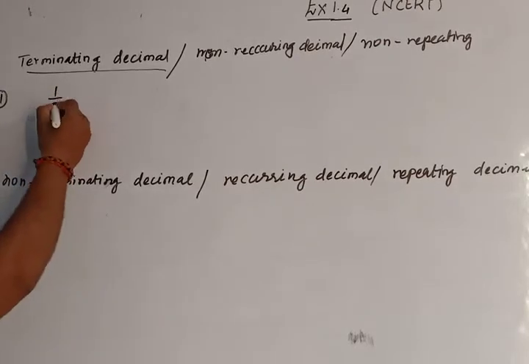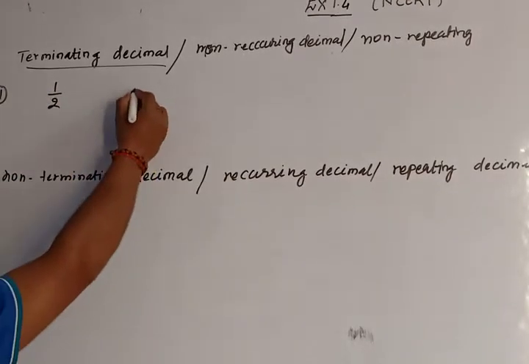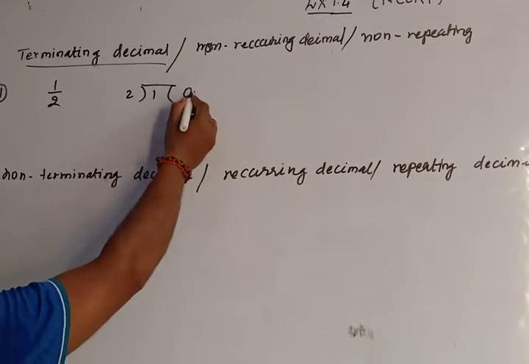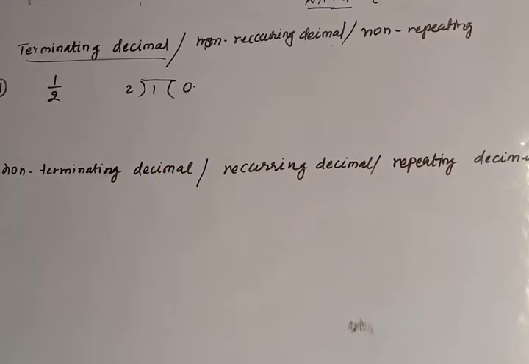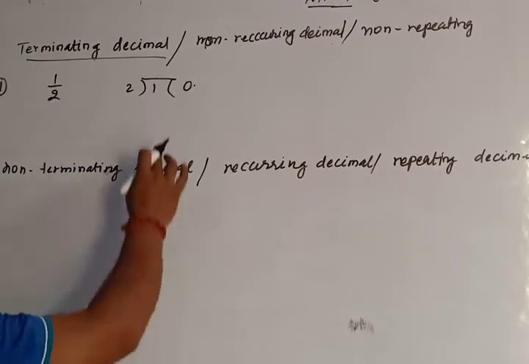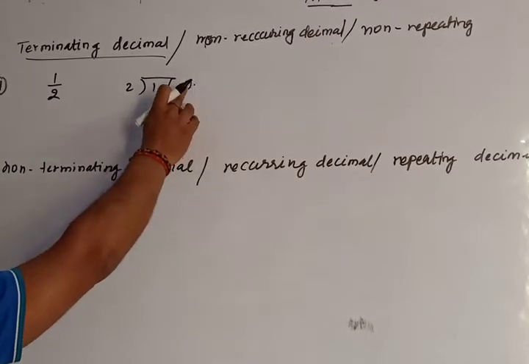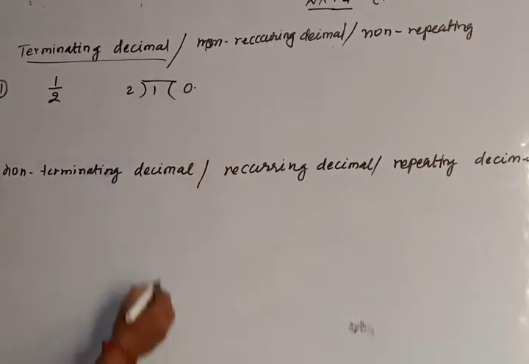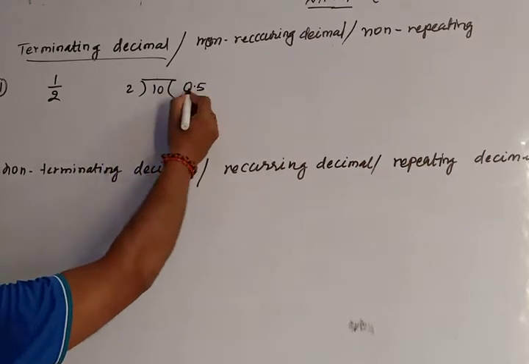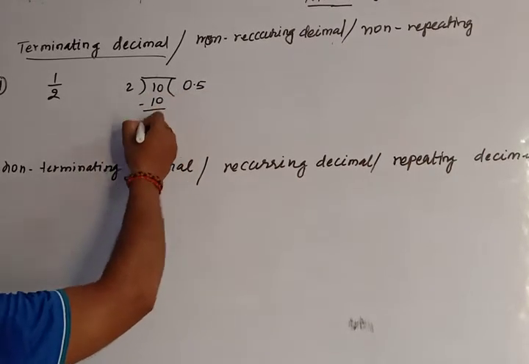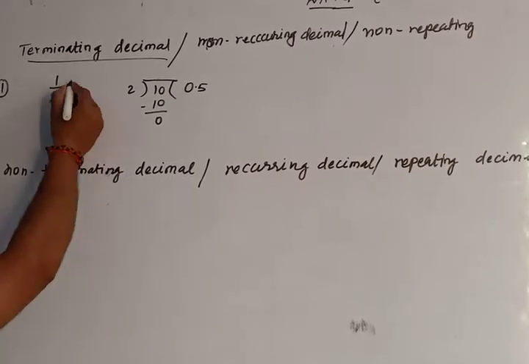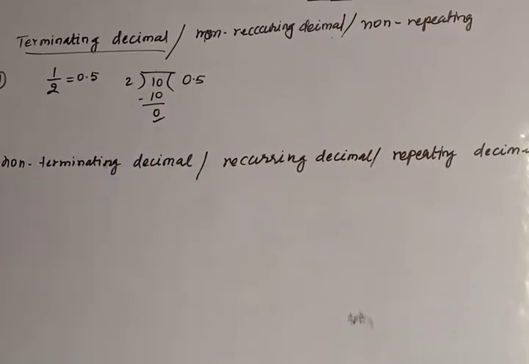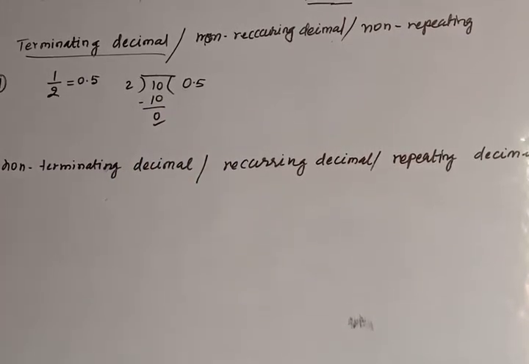Suppose you have a rational number 1 by 2. If you are going to convert it into decimal, you have to put a decimal here. Before the decimal we put 0 because 1 is not going to be divided. So while you put the decimal, 0 will be here. Now 5, then 10, then divide, subtract it, you will get remainder 0. It means 0.5. Clear? It can't be further divided. 0 can't be further divided by 2.